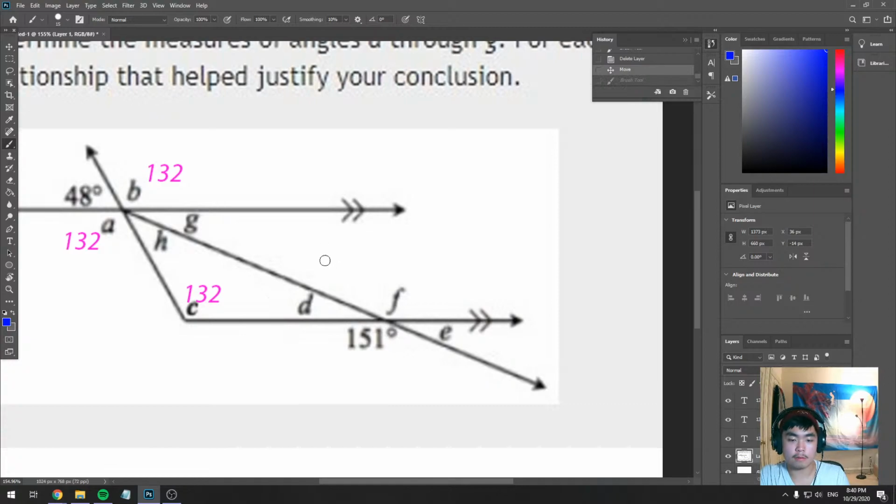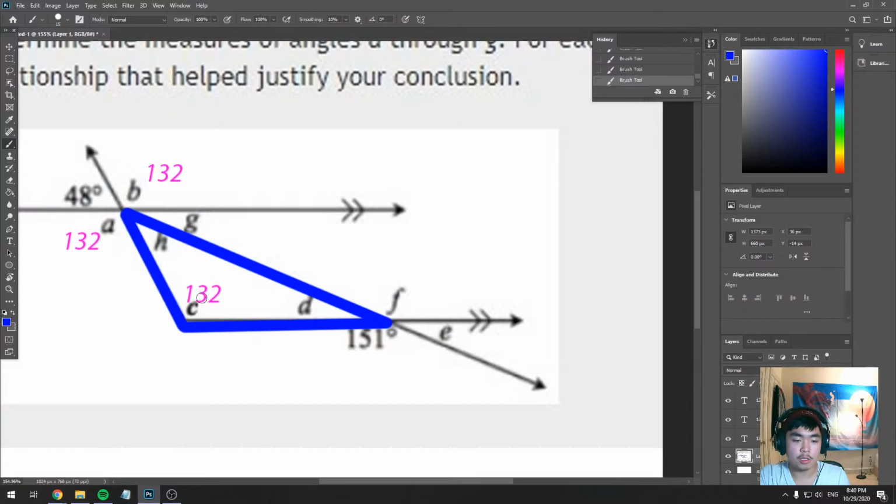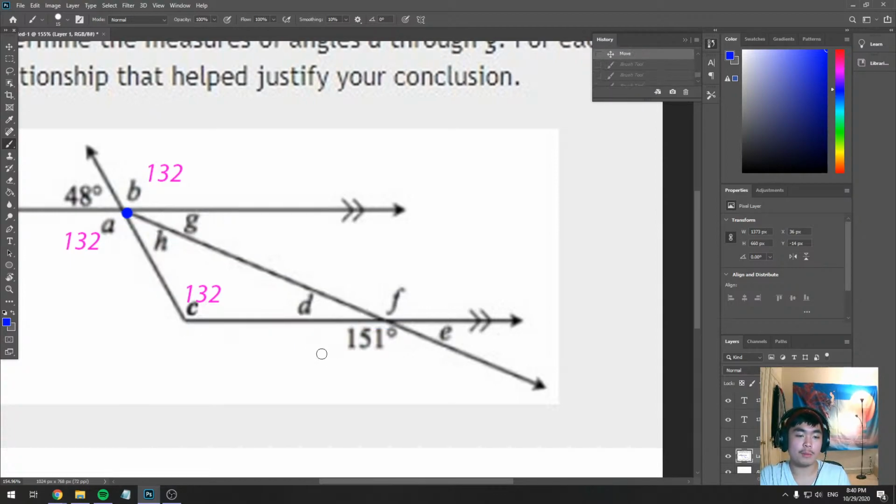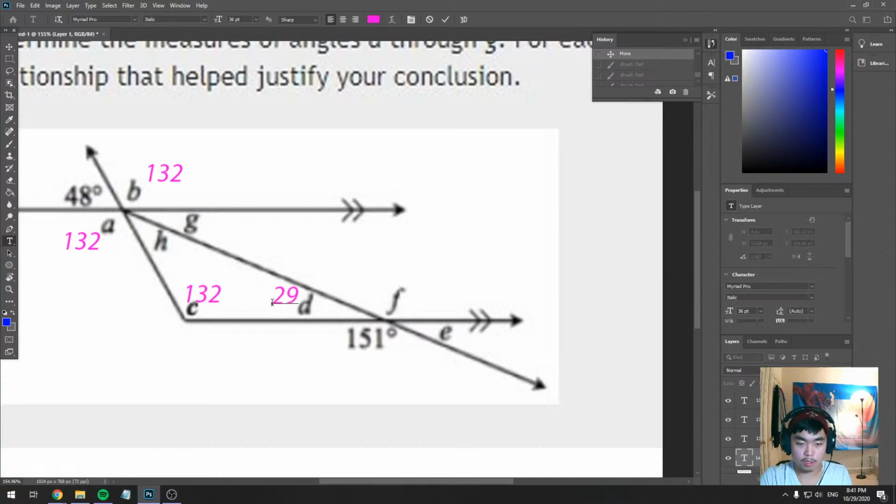Let's look at this stuff. So you might be tempted to say, oh look, there's like a triangle here, right? We could do 132 plus D plus H, but we don't know what H is, right? So keep that in the back of your mind. If you said that D is supplemental to 151, you would be correct, right? D should be equal to 180 minus 151, or in other words, D is 29,